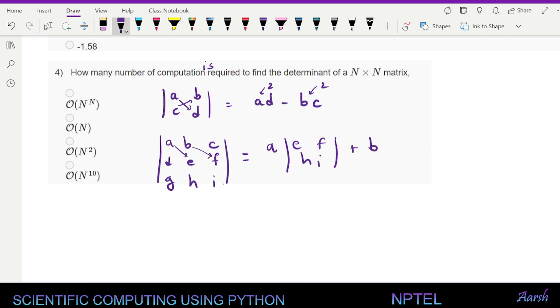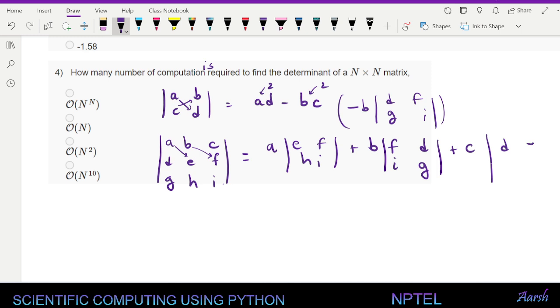So from B, we have to start F, D, I, G. Some people like to write it as minus B times D, F, G, I. It's the same thing, okay? And plus C times D, E, G, H. So now we have 3 multiplications, and 3 times the multiplications for each of the determinants, which was like 2,